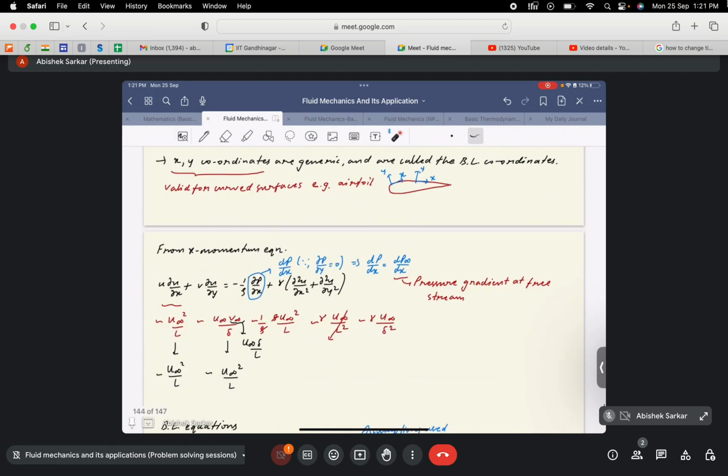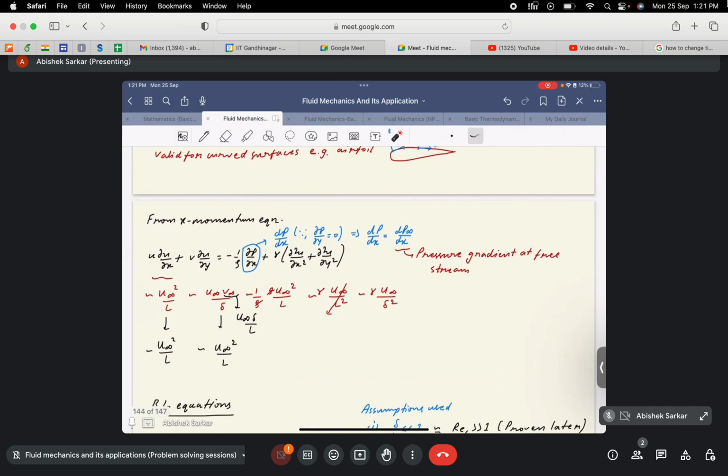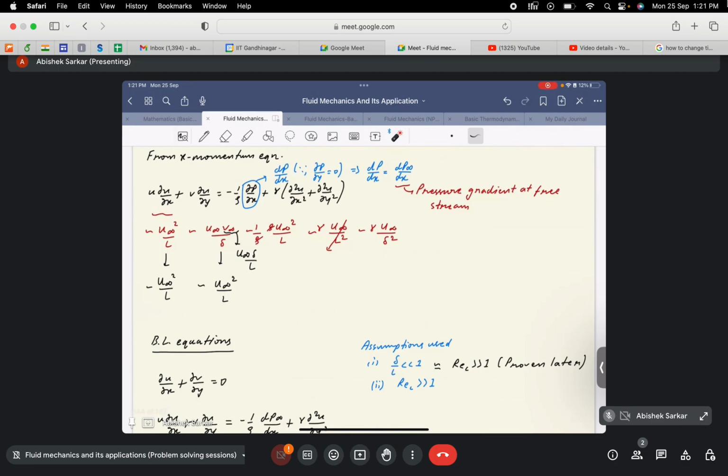Now we look into the x momentum equation. Similar to the y momentum equation, we scale each and every parameter and do the order of magnitude analysis of each term. The first term would scale as u∞ square by L. The second term scales as u∞ into v∞ by δ. The pressure term scales again as kinetic energy, so it will be 1 by ρ u∞ square by L. The viscous terms scale as follows: the first term will scale as ν u∞ by L square, and the second term will scale as ν u∞ by δ square. Since L is much larger than δ, the first term will go to 0. If you substitute the value of v∞ in the second term, you get that it will scale as u∞ square by L. And again, the pressure term scales as u∞ square by L. So here again,